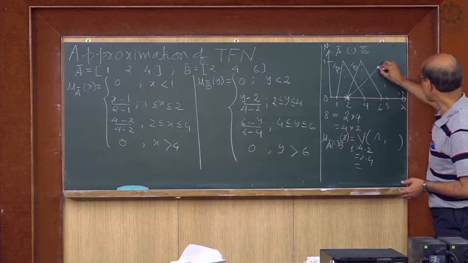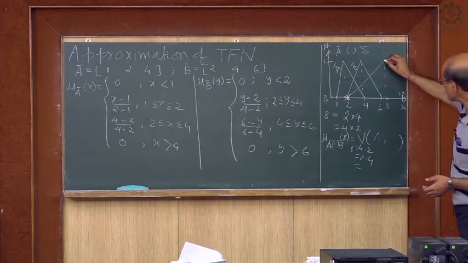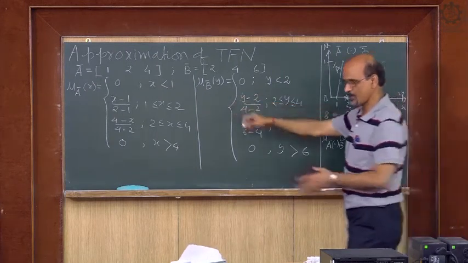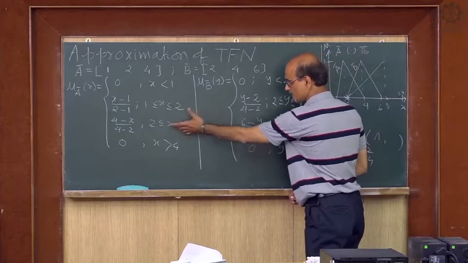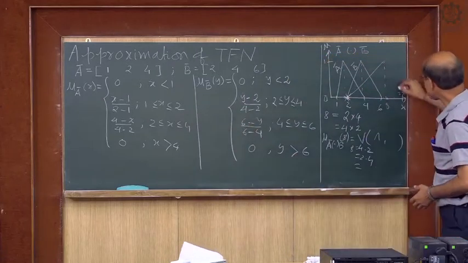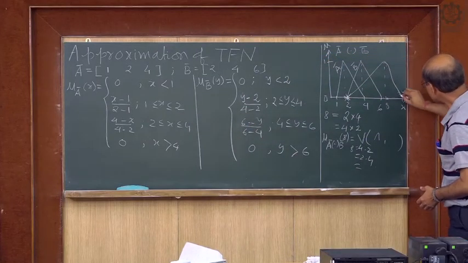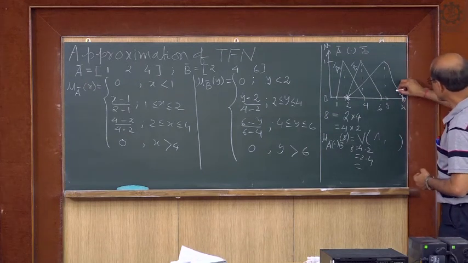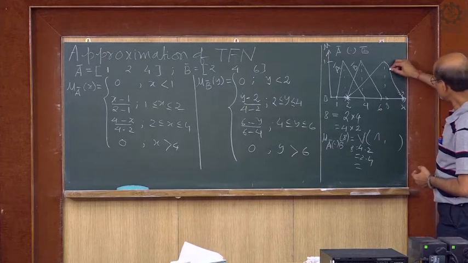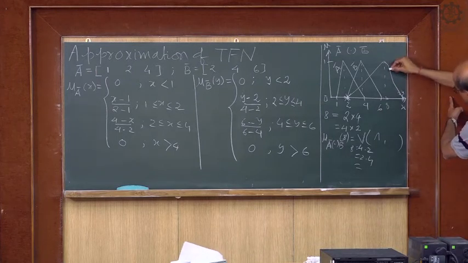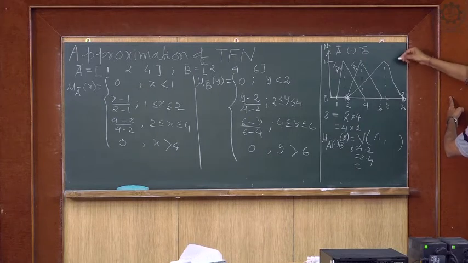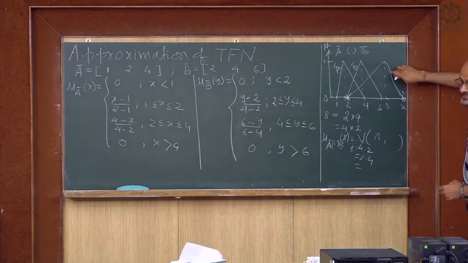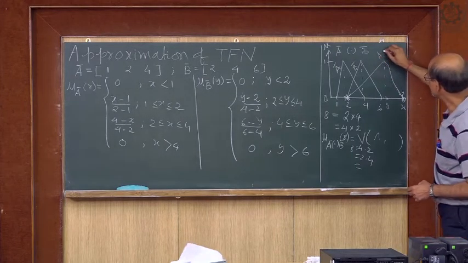So, your plot will be like this, and here actually you will not have the... you will see, if I am not doing that, okay. If you take all the combinations, this portion will not be a fuzzy straight line, it will be curved, so that it will not be convex, okay. It will be up to 24, so it will not be a fuzzy number, okay, a into b, a bar into b bar.